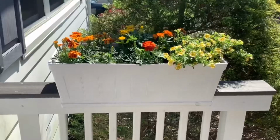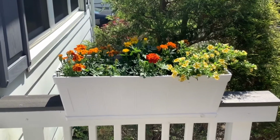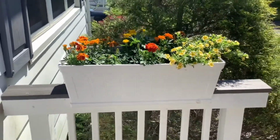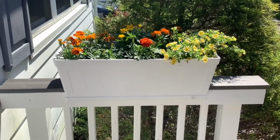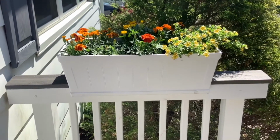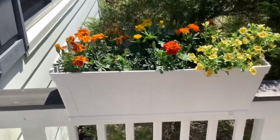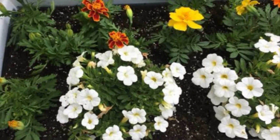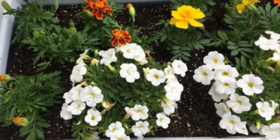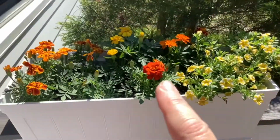But let me turn the camera around. Alrighty, so here I am. Look at the gorgeous flowers. Look at how pretty they look. Now what I'll do is I'll try to put a photo here of what this looked like with the white flowers in it. But what happened was, like right